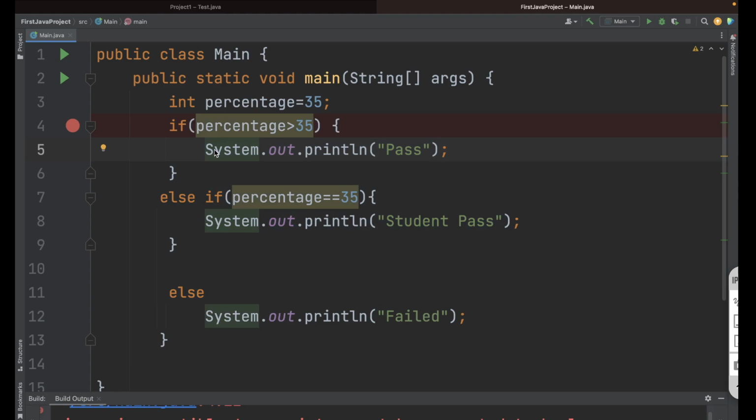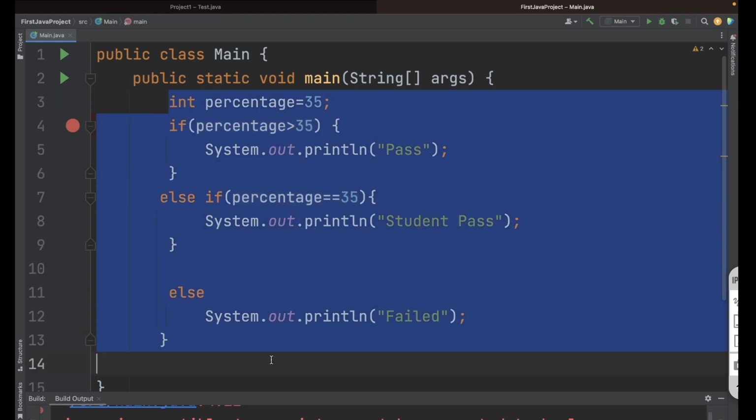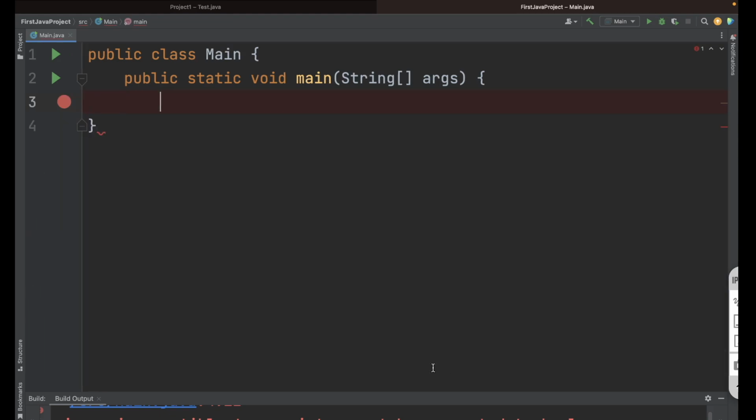Okay, so they have introduced one more concept which will do the same work like this if, else if, else if. So what is that concept? We call it a switch statement. Okay, so now let's understand how that switch works. So very first let me just remove all the things and come to my